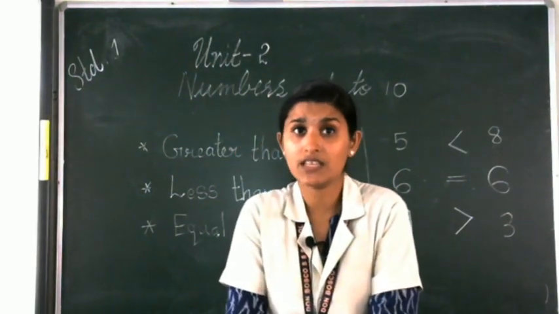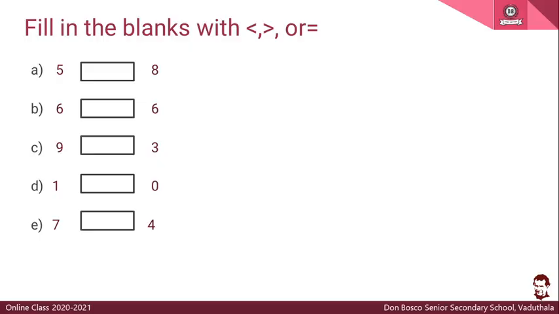Next two activities you can do now itself in your notebook. So which is the bigger number? The 1 is greater than 0. Very good. And what about the next one, 7 or 4? 7 or 4, which is the greatest number? 7. So we can say that 7 is greater than 4. So crocodile's mouth opens towards 7. Very good.